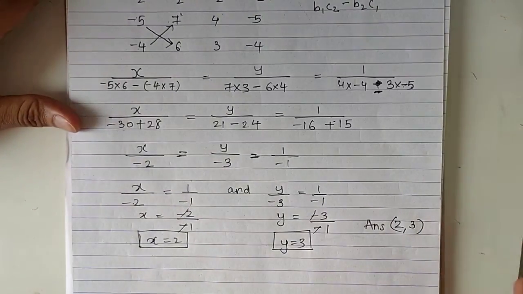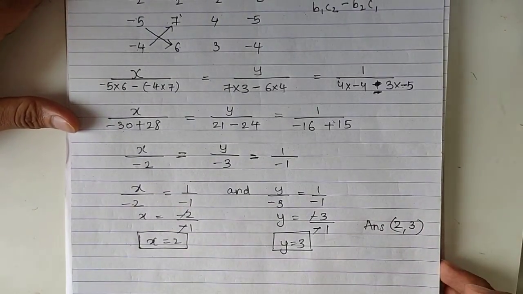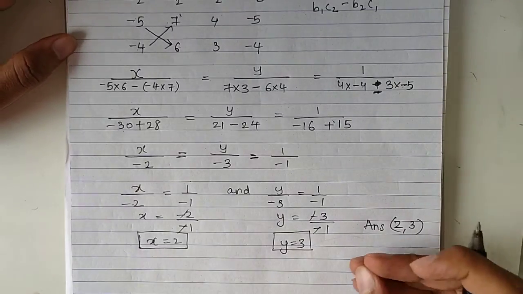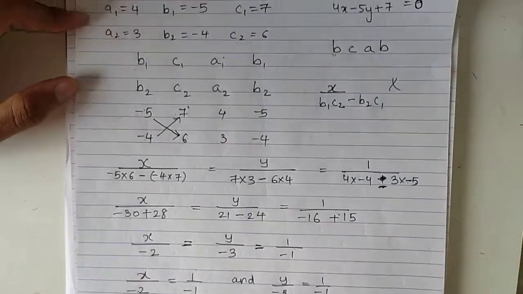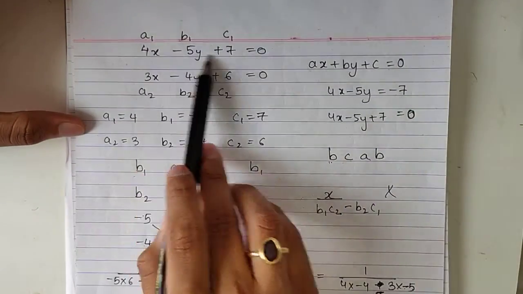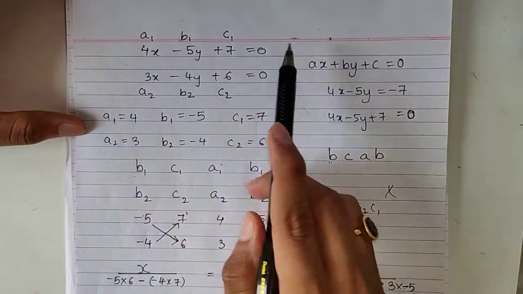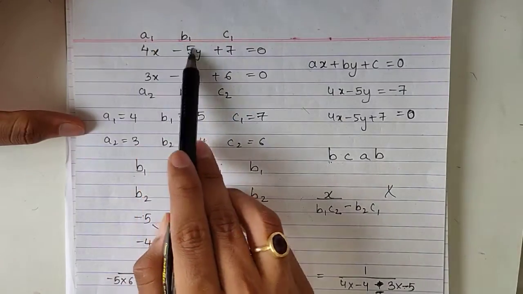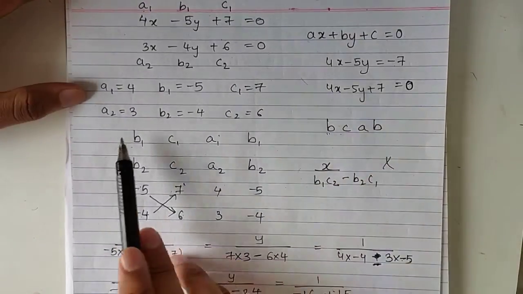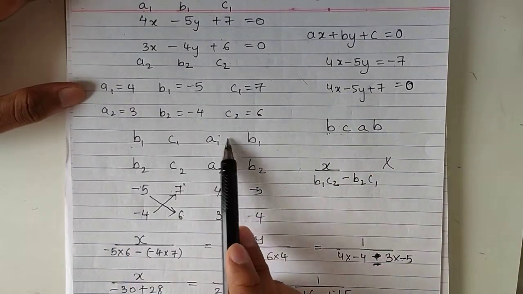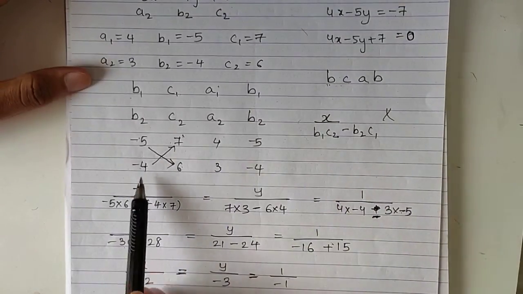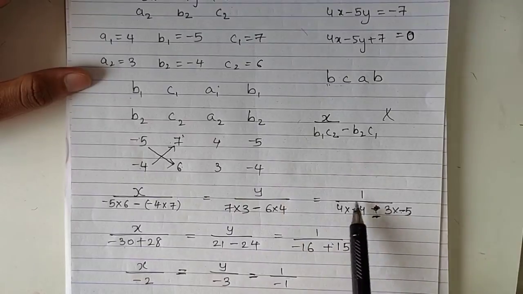Okay. See, this was something new for you. So it is better you rewind the video and watch this 5-10 minutes once again. I'll give you a quick revision of what I did in the sum. First you write the equations, all numbers on the left hand side equal to 0. Then this is named A1, B1, C1, A2, B2, C2. Write their values. Then write BC, AB, BC, AB, with 1, 1, 1, 2, 2, 2. Put their values here. Then x upon, y upon, 1 upon.